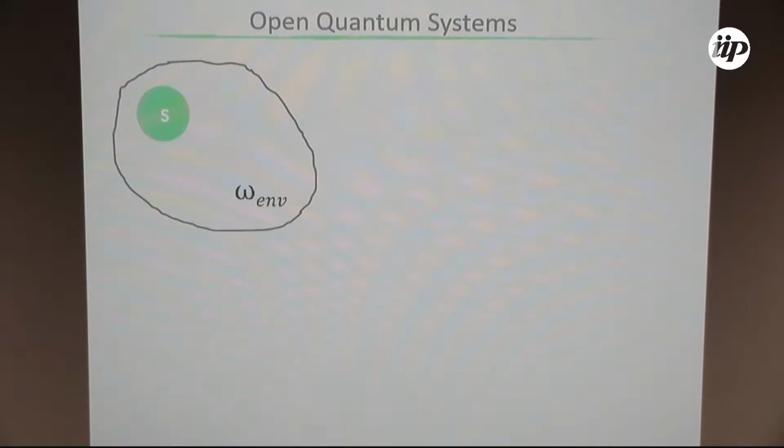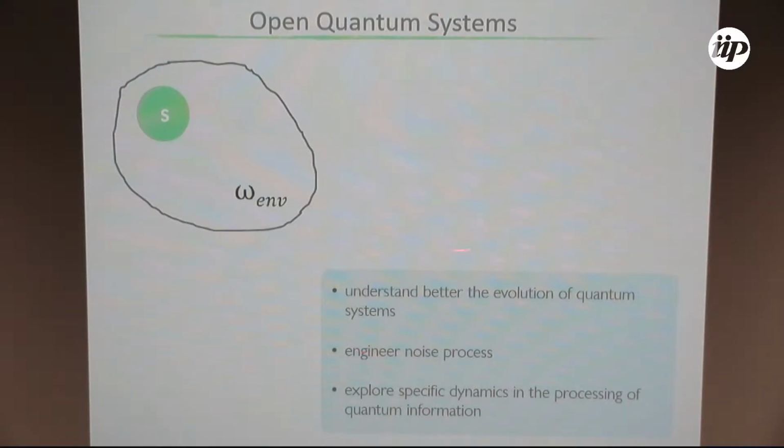And then I see three reasons why studying this dynamics is relevant. Well, first, because they are happening, and from a fundamental point of view, it's interesting to understand why they are happening, what's the difference if I have different environments and things like this. But also we know that this unavoidable interaction between system and environment is causing the decoherence effects. So maybe if I understand this interaction better, I can do some engineering in the environment in order to minimize these decoherence effects. And also we have this non-Markovian dynamics, something that I will be talking about during this talk,